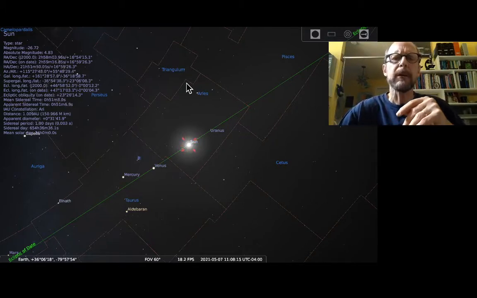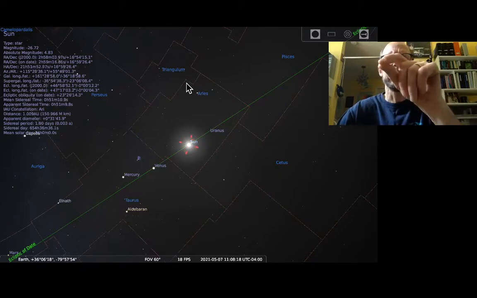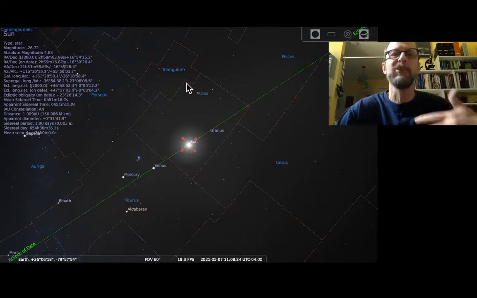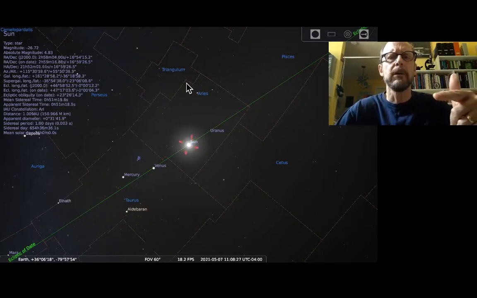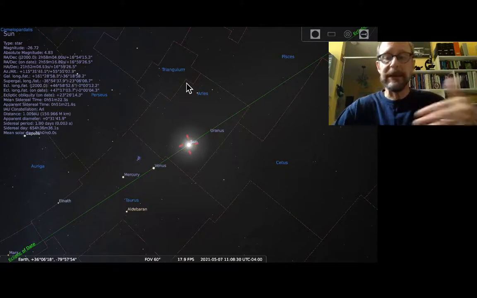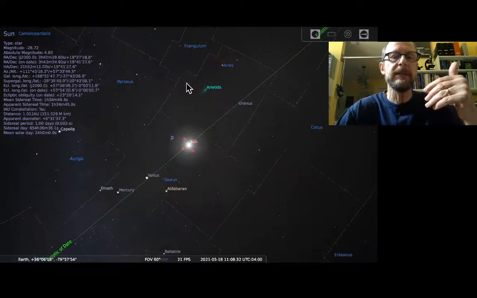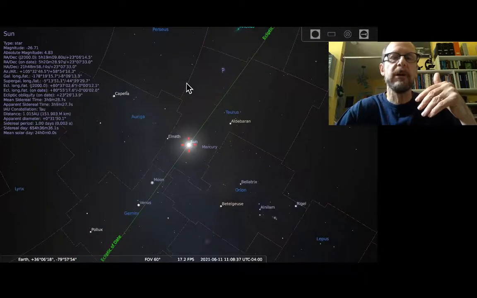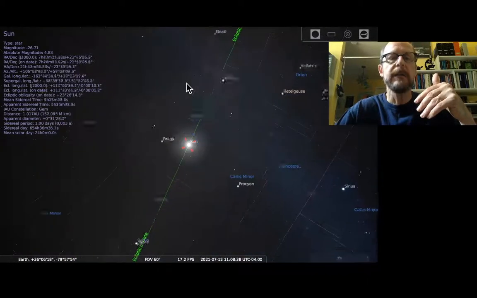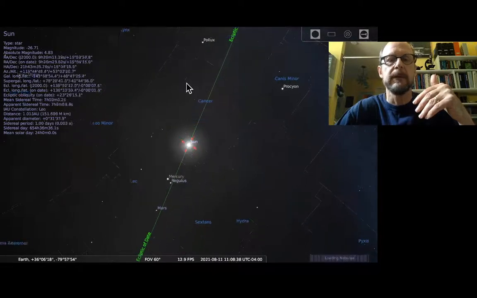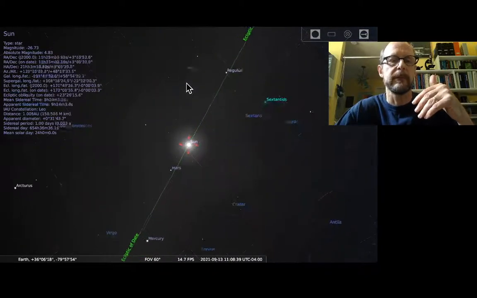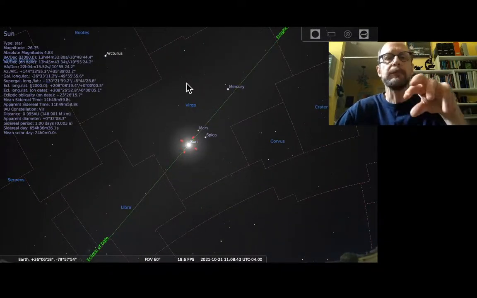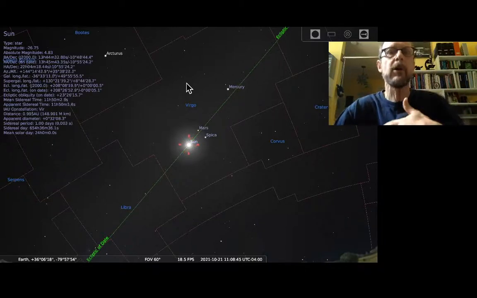But nonetheless, these constellations of the zodiac that you have heard of from horoscopes and things like that have a basis in reality, in the sense that those are the constellations that the sun moves through over the course of a year. So here's Taurus, Gemini, Cancer, Leo, and Virgo. And I think we've come all the way around. And so those constellations collectively are called the zodiac.